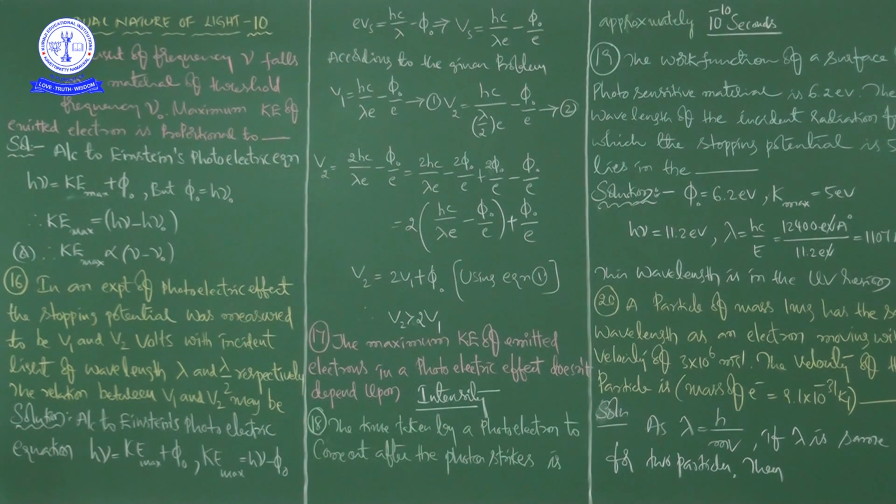The mass of the particle they have given is 1 milligram. You have to convert this into kilogram, because here we are taking velocity in meter per second, so mass is also taken in kilogram. 1 milligram converted into kilogram is 10 to the power of minus 6. By substituting the values, we get the velocity of the particle as 2.73 into 10 to the power of minus 18 meter per second. Next problem, 21. The figure shows a plot of photocurrent versus anode potential for a photosensitive surface for 3 different radiations.